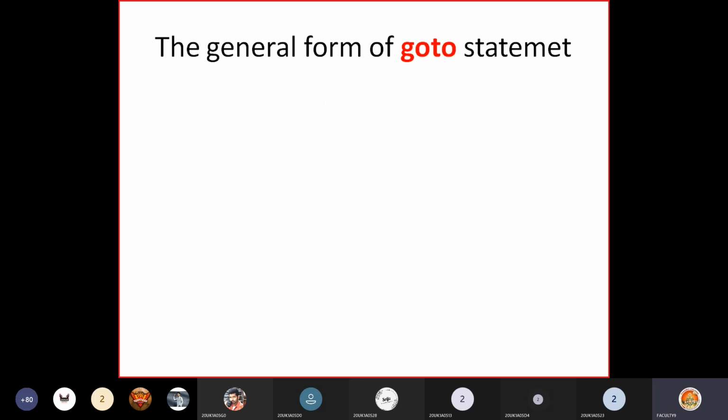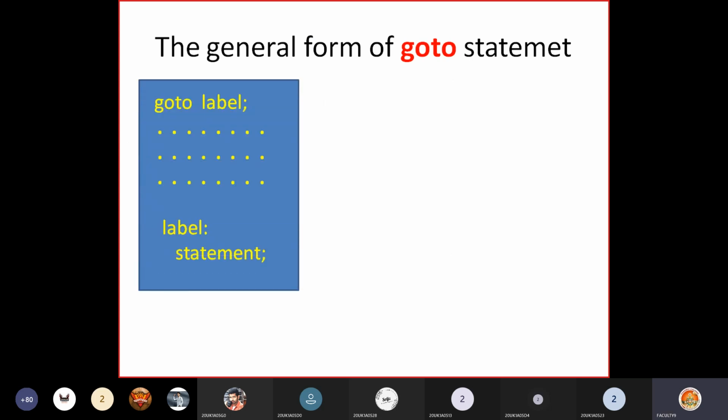The general form of a go to statement, if we look into it, begins with the keyword go to. Please remember, go to is a single word. There should not be any space and it should be written in lower case. So go to, then a space, then write the label here. The statement ends with a semicolon.